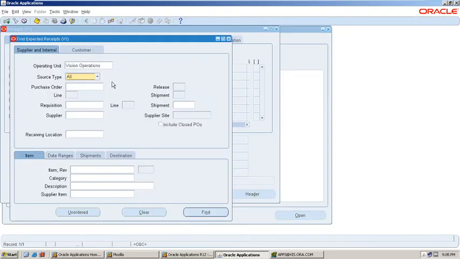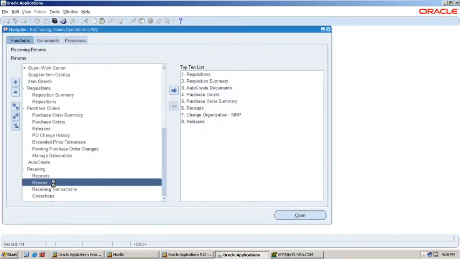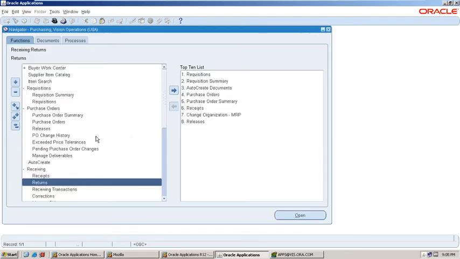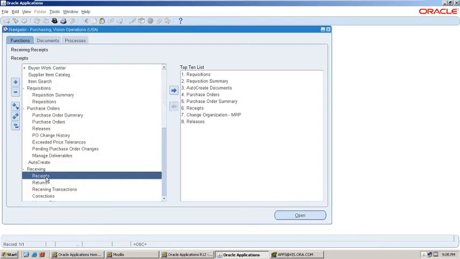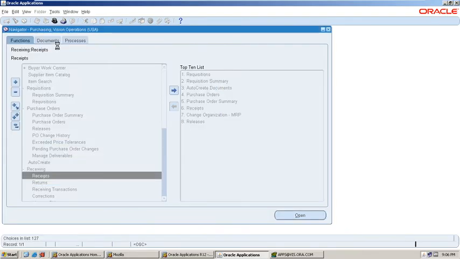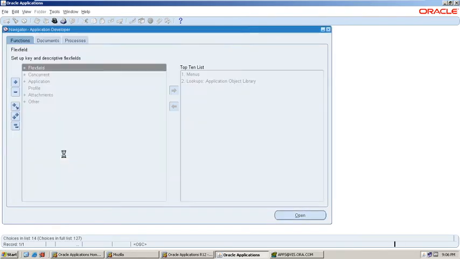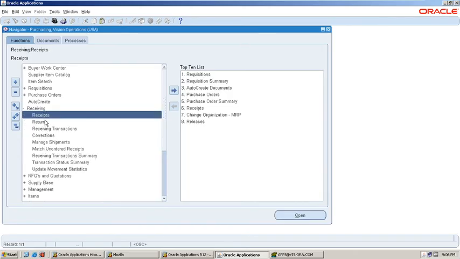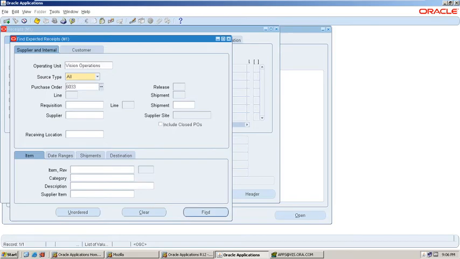What is the purchase order? 6033. From which supplier have we received the details?